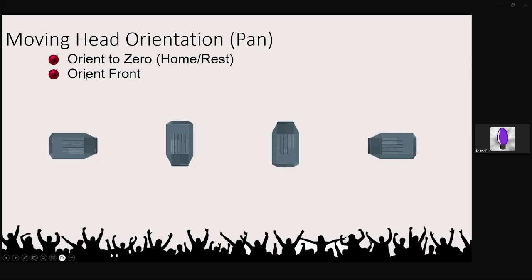Then we also need to tell xLights where orient to front is, and that's how to get to the front of your display. So we'll start with this head here. This example assumes that your heads rotate counterclockwise as your DMX channel values go up. So in order to orient to the front for this one, rotating counterclockwise, we'd have to do 270 degrees of rotation,